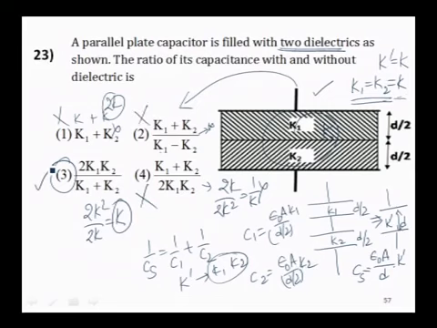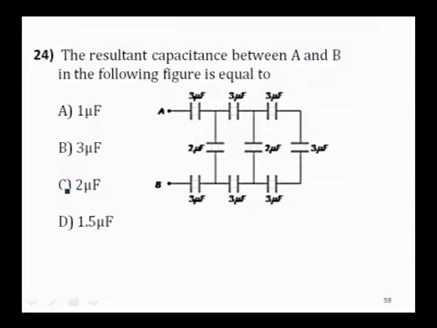So, this way of solving you have to practice, as I have already told, and if you do all this simplification, again because it is a reciprocal sum and all, you will get 1 by K1, 1 by K2, and you have a D by 2 here, you will get a factor of 2. So, finally, you will get 2K1K2 by K1 plus K2 after a long time. But if you do this within about 15 seconds, you will get this answer as option 3. Okay, going further,